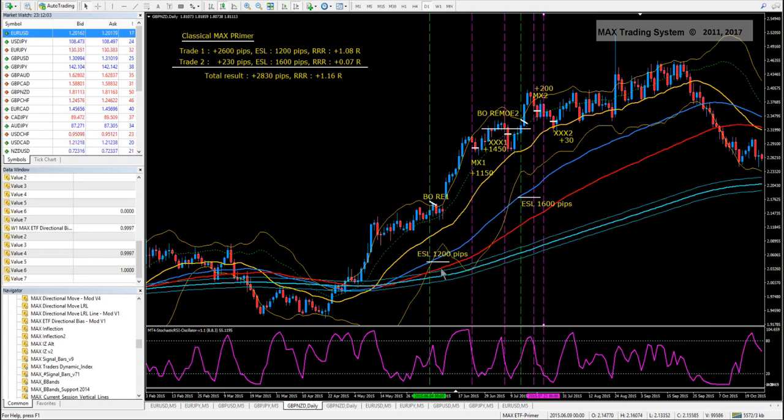The stop loss was a rather large stop loss, 1,200 pips, but this still represents a little more than 1 R profit. This means a 2-to-1 reward to risk ratio, and with a risk of 2%, for example, it represents 4% profit in 1 month. But later on, another trade, a smaller trade, because the movement was exhausting, and some of you here,